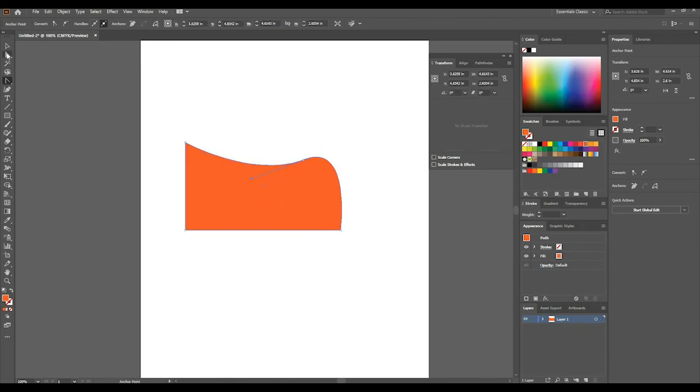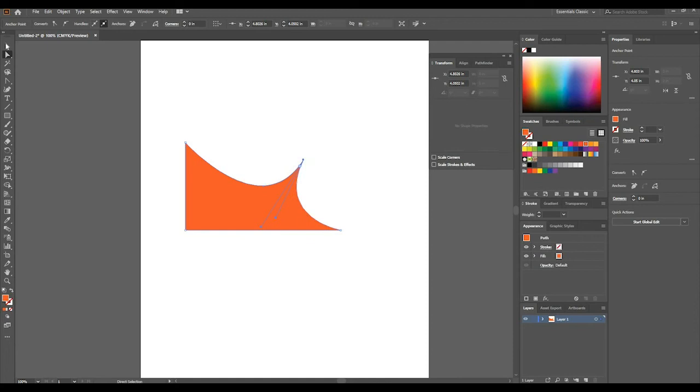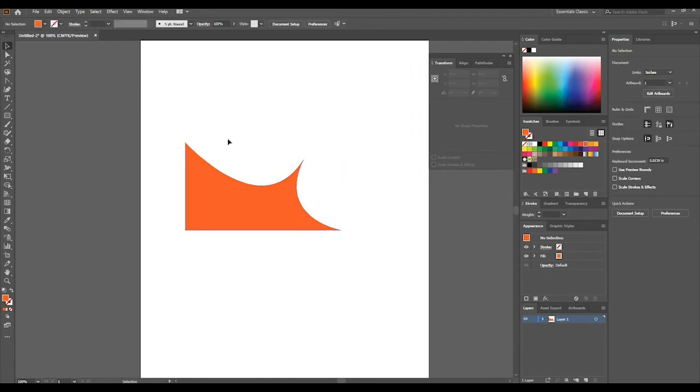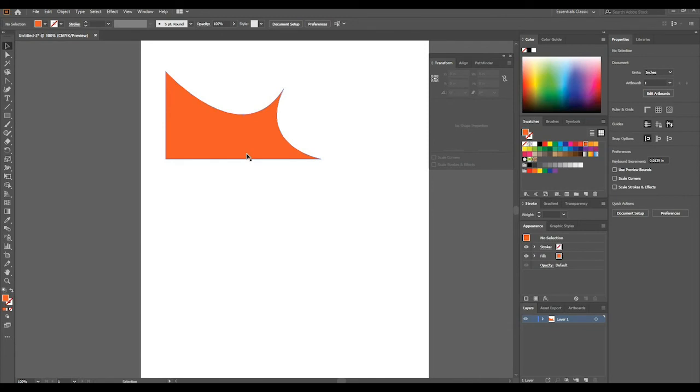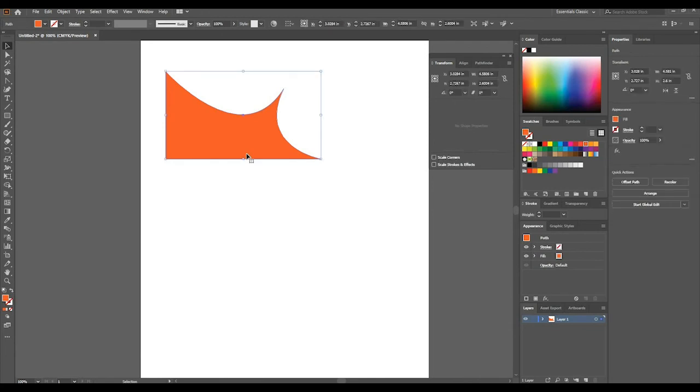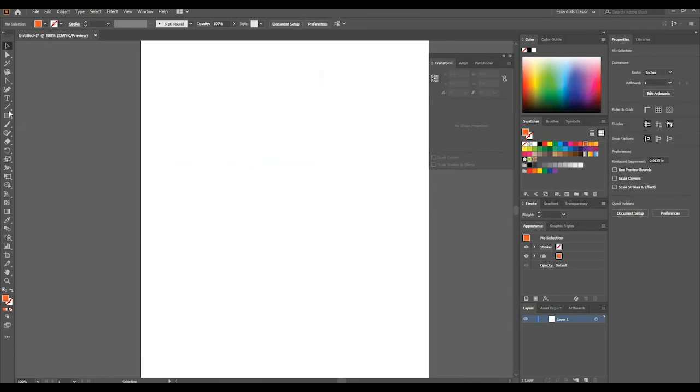Now if I were to move these handles with the direct selection tool like this, it gives us a way of easily controlling the curves and also the shape of the object. So we can see here that we took a rectangle and we made the shape from it, whatever random shape that is. So let's try and make something a little more